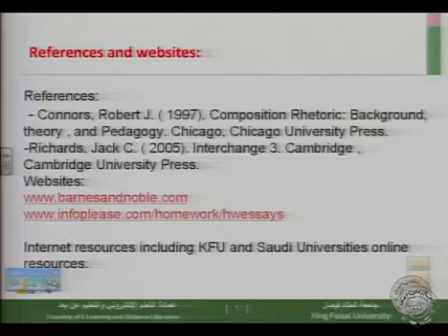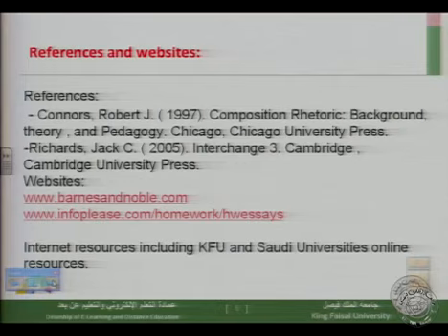In the next slide, I will speak about the references and the websites. We start with the references. You can find as a help those two books. Connors, Robert J. 1997, Composition Rhetoric, Background Theory and Pedagogy, Chicago University Press. The second book is Richards, Jack C. 2005, Interchange 3, Cambridge University Press. So these are two books that may be helpful to you in your revision or when you prepare for this